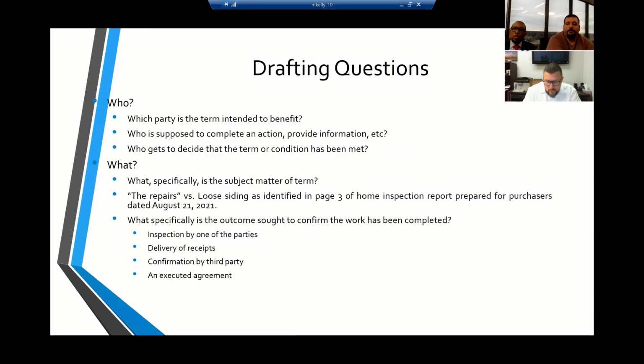So, drafting questions. When it comes to any kind of drafting, whether it's drafting terms in a real estate transaction or even a commercial transaction or a corporate deal, drafting is more of an art than it is a science, simply because every single transaction is different. There are different elements, different personalities, and different concerns, wants and needs of each party. So what we try to do here, and I'm just giving ideas of what to think about when you're drafting, for example, an amendment, or something you want to add to the agreement, is make sure that at the end of the day, what both parties understand the agreement to be is articulated